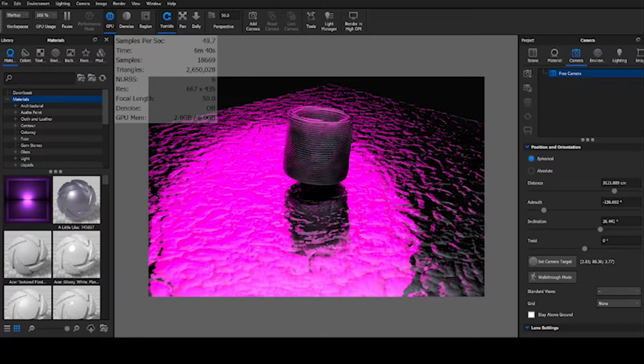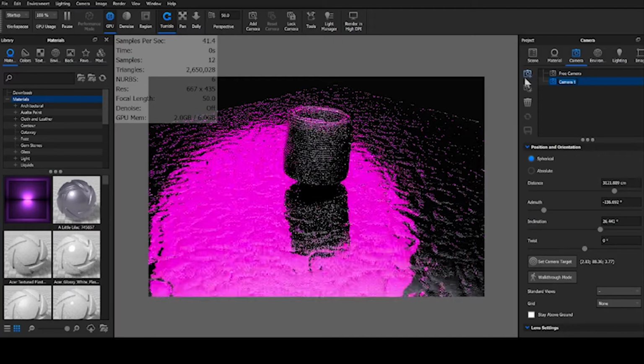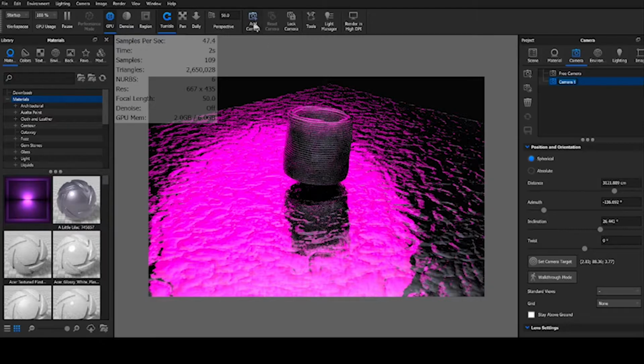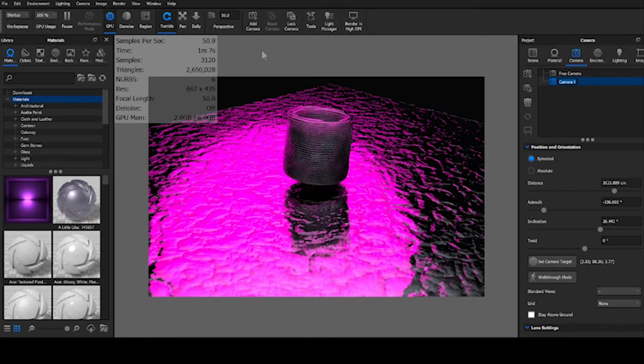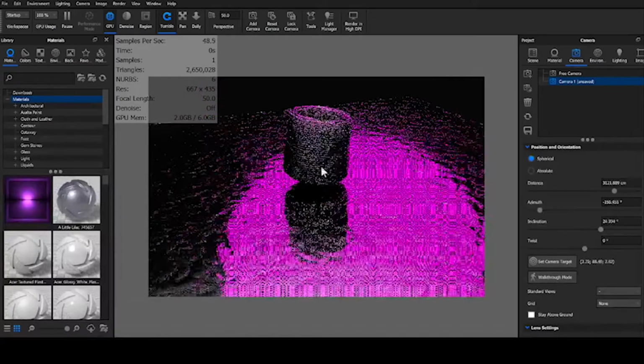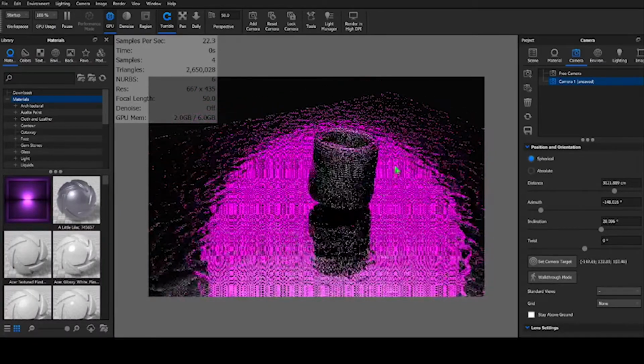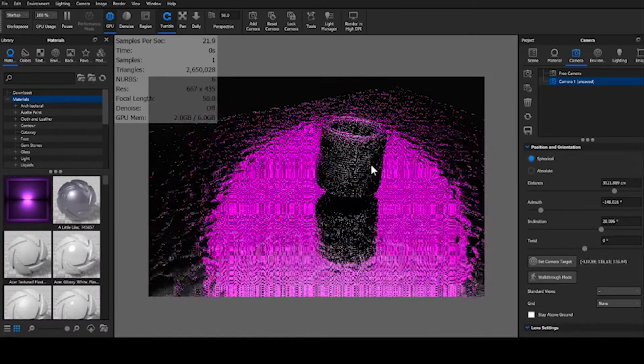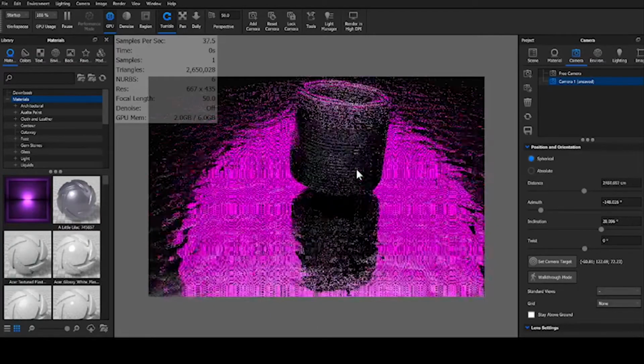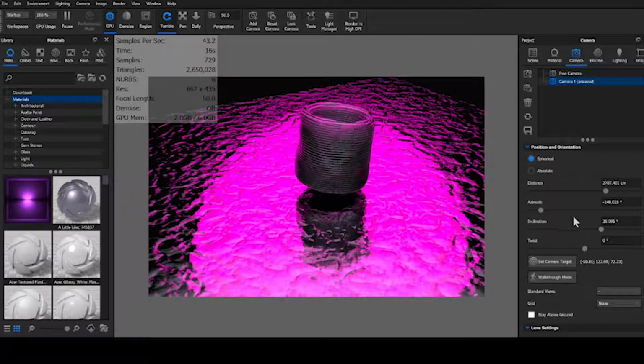Every journey starts with a courageous first step. And in the camera panels of Keyshot, that first step is adding a new camera. This can also be done at the Add Camera button up at the top bar. As you probably figured out when you opened up the program, basic camera movement can be controlled by left-clicking to rotate, wheel-clicking to pan, and scrolling to zoom in and out. Easy peasy. For more precise control, you have the 4 sliders: